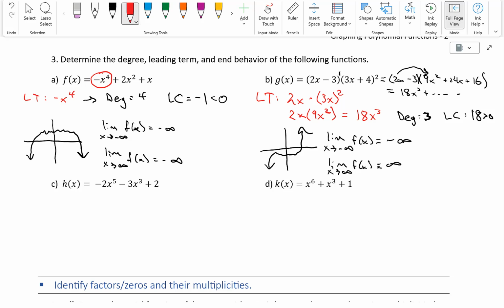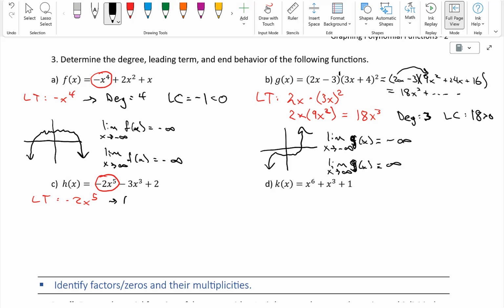For c, we've got h of x. I just said it, I read h of x, so these should all be g's over here, right? We've got different names for these functions, so we don't confuse them. So our limit's there for g of x for b. For c again, then we have h of x equals minus 2x to the fifth minus 3x cubed plus 2. We can see that leading term already in descending order here, so the minus 2x to the fifth